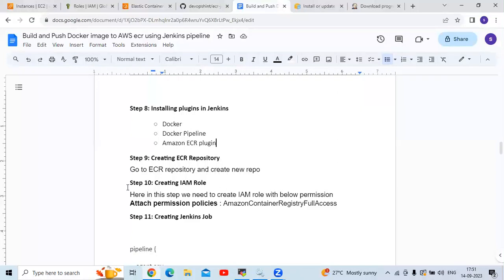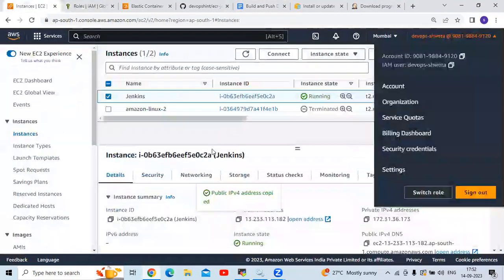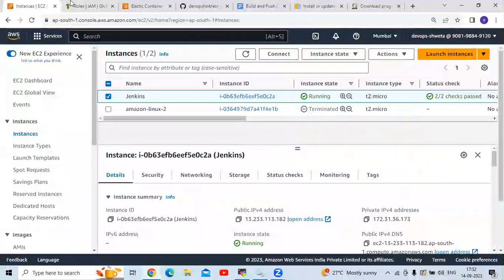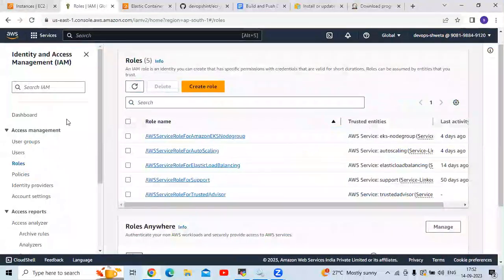Now the last step is creating an IAM role, right? So how to create? So here you can see, first of all go to the IAM role. Otherwise you can go from here also, right? But I'm going to create the IAM role from here. So go to the IAM role dashboard. So this is my IAM role dashboard, and here are my roles. Now click on create role